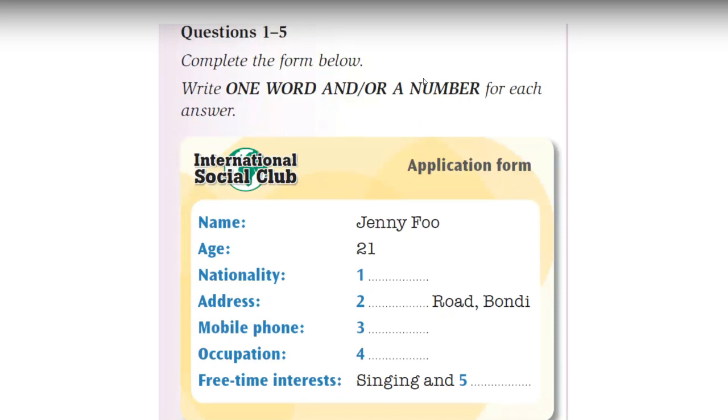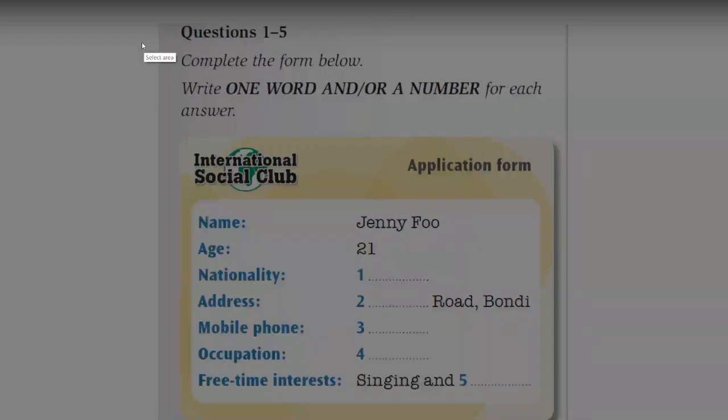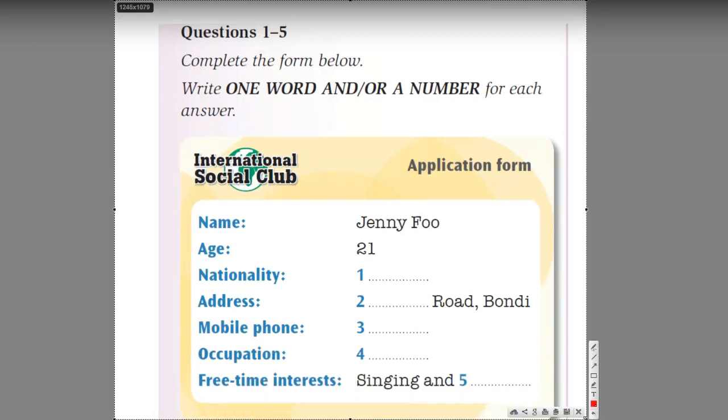All right, time's up. So I hope you were able to find all the answers. So I want you to write in the group your answers. You can just send them to the group, or we'll just check them right away. So let's get started. Starting with the first one. So just a moment. Okay. All right. So first one. So what is her nationality? All right. Let's write nationality.